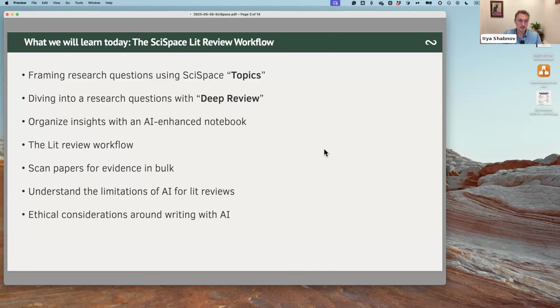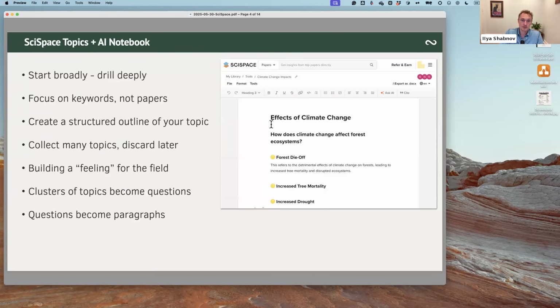So let's get started with the first thing, which will be the topics. I mentioned already that we want to start very broadly, so keep all of that in mind as we go through the live demo. We're going to focus on keywords, not papers, at the beginning. Here's an example: we want to see what are the effects of climate change. For example, forests die off, tree mortality increases, which is the same, but from a different angle,